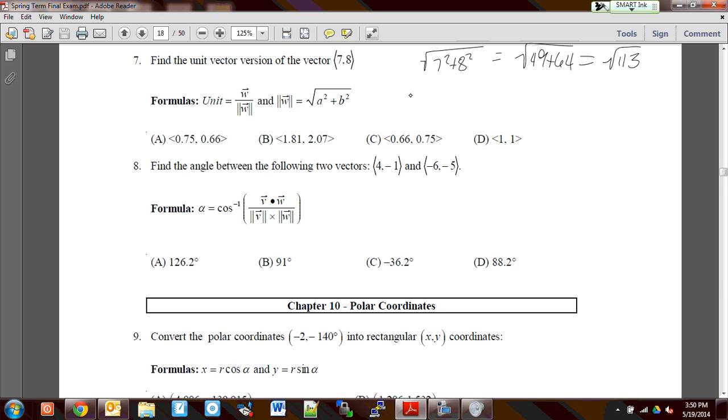So now our unit vector, you can write this one of 2 ways, because the square root of 113 does not reduce down. You could literally give me 7 over the square root of 113, comma 8 over the square root of 113. Or you could simply give me the decimal of that,